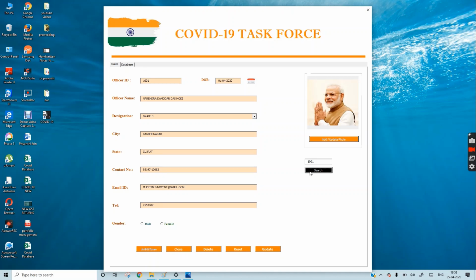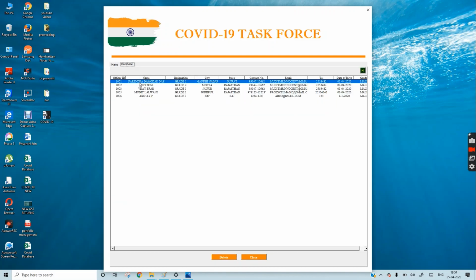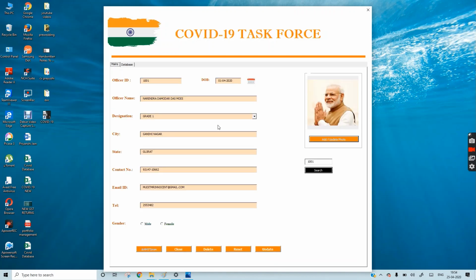I will be explaining every code from scratch so that even if you are not familiar with Excel or VBA, you can easily make this software. So let us see how we can use this software. As you have already seen, we just selected one data and searched this, and related information came automatically. Similarly, we can add data and the same information will be saved to our database. So let us see how we can do that.